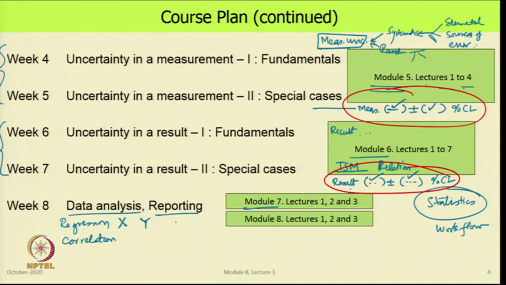Finally, we had a couple of lectures on reporting and archiving. That means, what are some of the issues to take care of while reporting uncertainties? We did not go into the details of report writing, that is not the scope of this course. There are many good resources available online, offline, which I encourage you to read as to how to put together a good report. And then we looked at the issue of archiving,